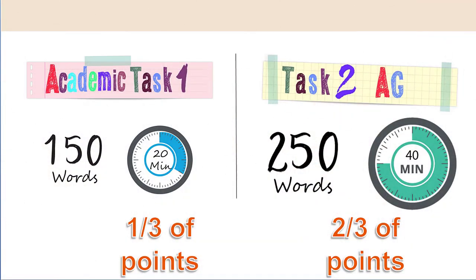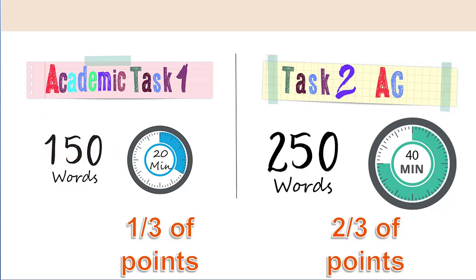So for the first task, you have around 20 minutes at your disposal. Once again, you have to manage your own time as you are given 1 hour to complete 2 tasks. Since the second task, which is an essay, is worth 2/3 of the points for the writing section, and the first one is worth 1/3 of your points, it's not recommended to spend more than 20 minutes on the first task. In the first task, you need to write at least